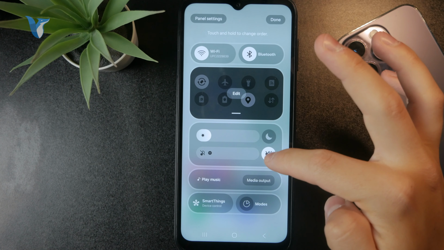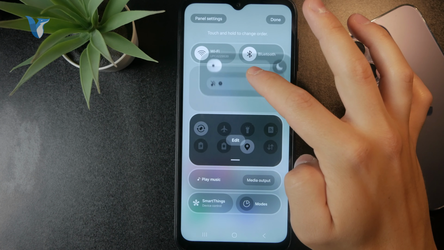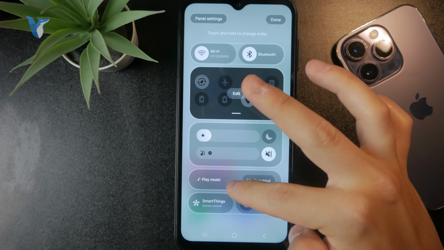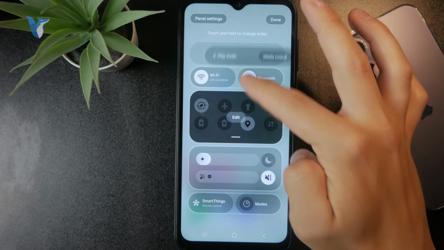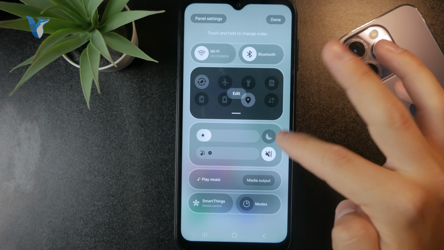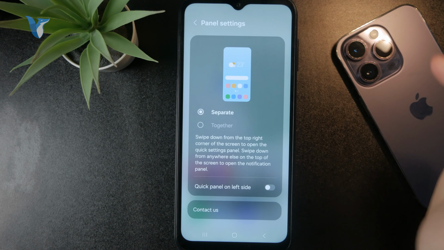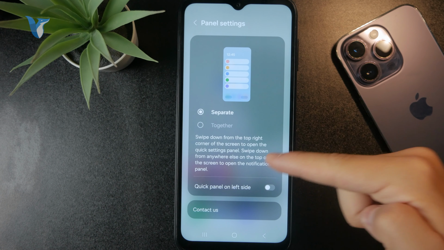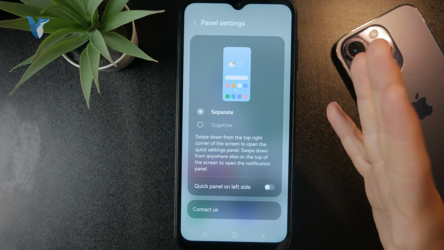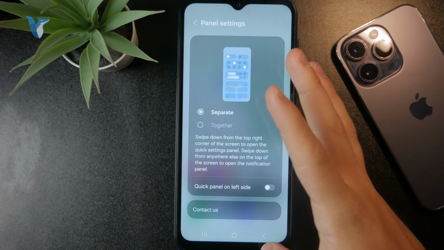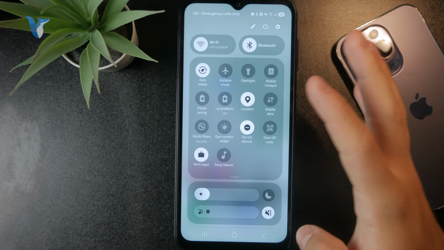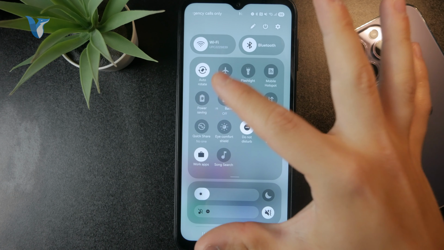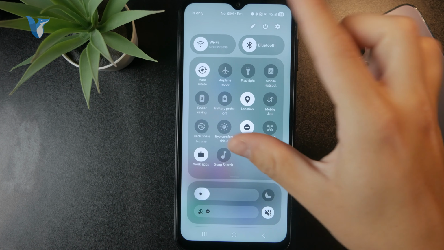But of course, there are even more things, like you can as well reorganize the whole panels in here, right? And you can also choose it to look however you want, or click on the panel settings and make some additional changes in here. But this is essentially as far as we can get with it. That's how it works. If you would, by the way, want to customize the look and a color of this